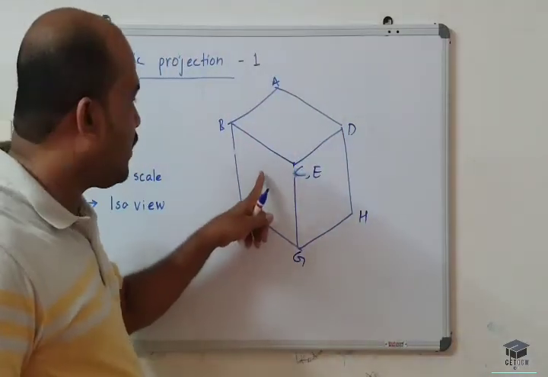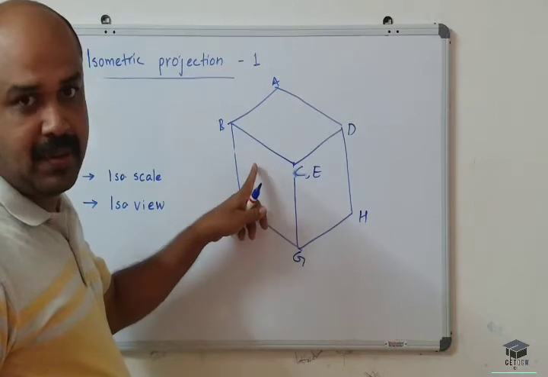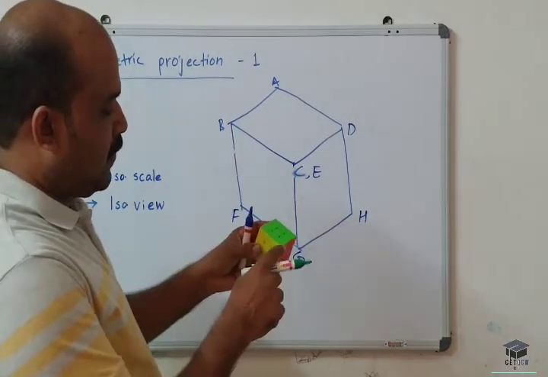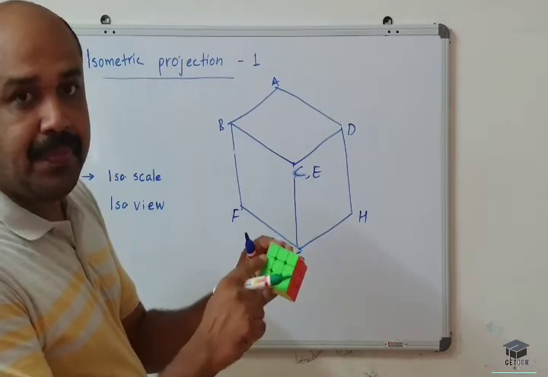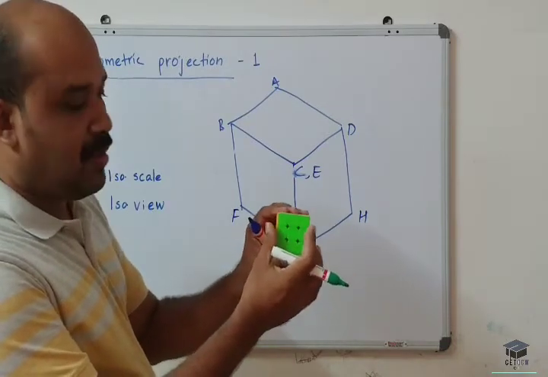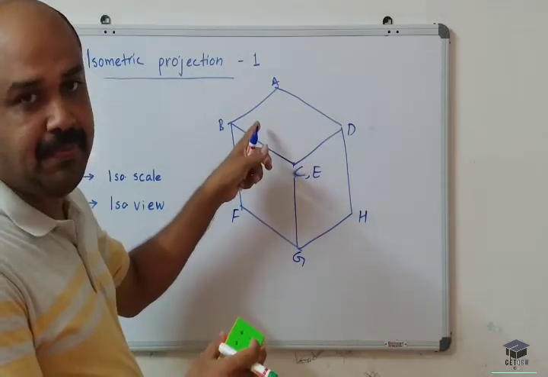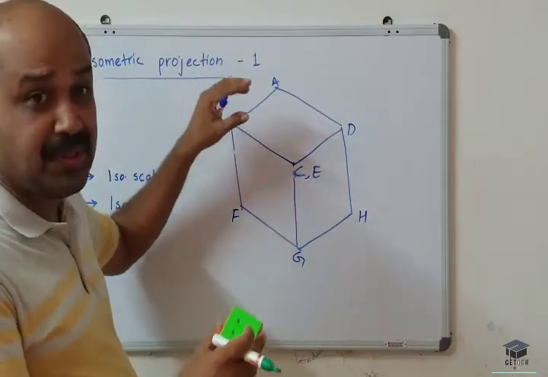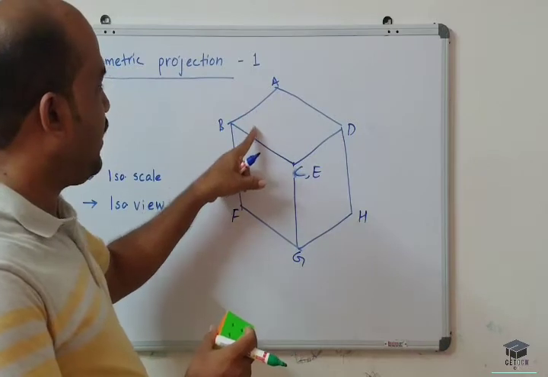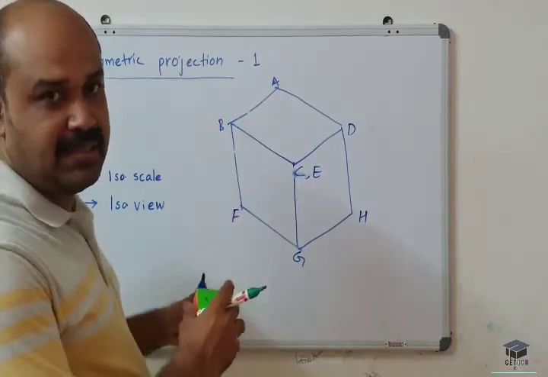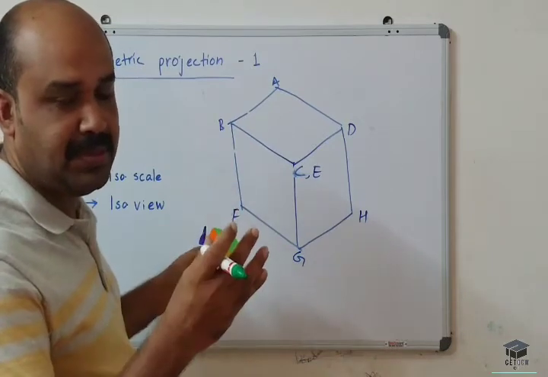Now you know that this is the front view. This is only the front view, not the actual object. So actually it is a square. The actual shape of the object is a square, but here it is not a square. It's a rhombus, because it is distorted. The angle is distorted. It's not 90 degree. Actually it is 90 degree, but here it is not. So the square becomes a rhombus.